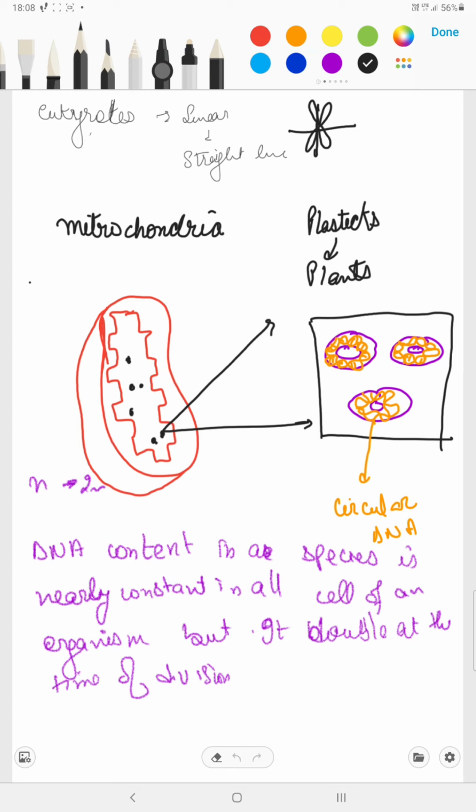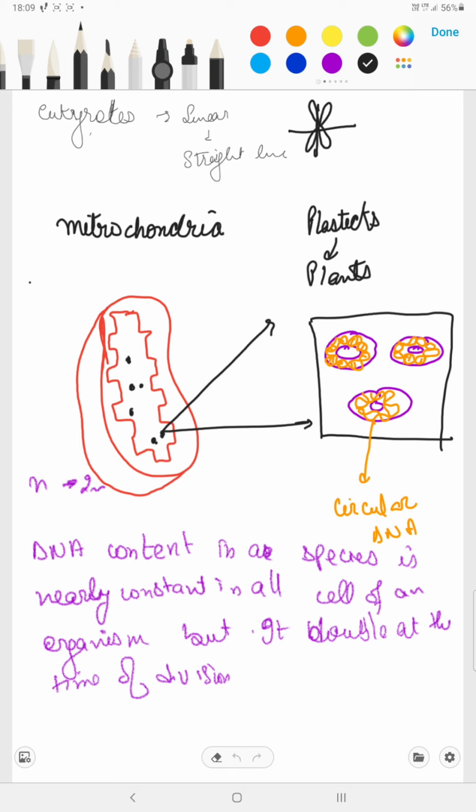So today we are going to talk about the DNA structure in eukaryotes. In the previous lecture I covered the types of genetic material, DNA and RNA, and further I told you a little bit about the structure of DNA: it looks double helical, RNAs look single helical, and I gave a brief introduction of the chapter. Now we are going to start with the DNA structure in the eukaryotes.